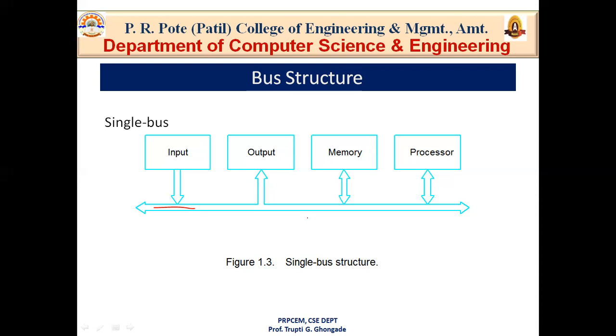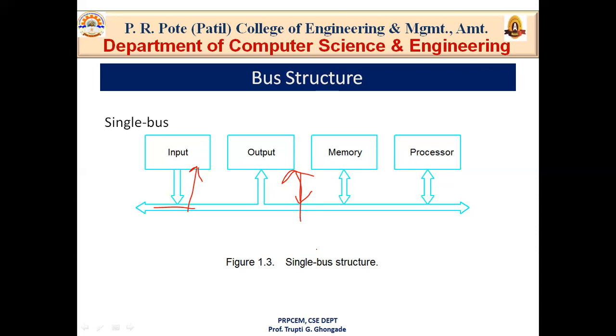So at that time the control lines are used to arbitrate the multiple requests. It depends on the control line to grant access to which device. For example, if the input device has an urgent requirement to access the bus, the control signal provides the grant to the input device. At the same time, the output device and memory device are both requesting the bus. Based on the priority, the control lines provide access to the memory and output unit one by one.